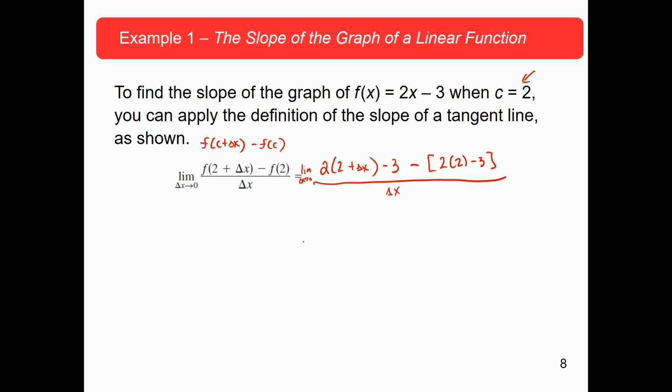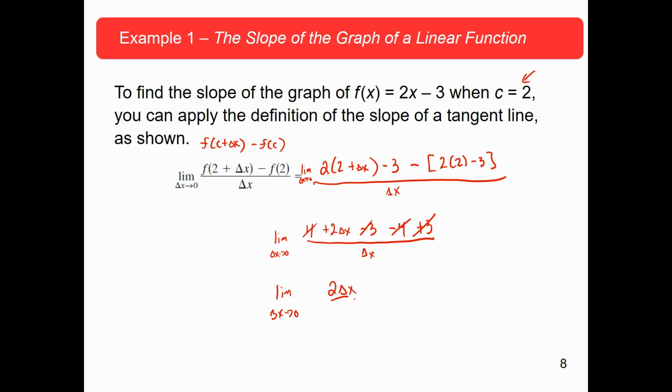So we're going to distribute. We're going to get the limit as delta x approaches 0 of 4 plus 2 delta x minus 3. We're going to distribute this minus 2 times 2, which is minus 4, and then plus 3. And remember, when we do a difference quotient, we know these should cancel out, right? All the last terms should cancel out, and you're just left with the limit as delta x approaches 0 of